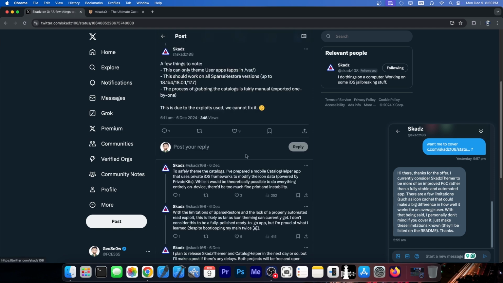Skads actually posted a couple of important mentions about this app. So they said this can only theme user apps, so apps in var partition. User apps is essentially what you install from the App Store. Everything from Facebook and X and YouTube and whatever. You would be able to change the icon for those. What you wouldn't be able to change is the icon for default iOS applications like the Calls application or iMessage